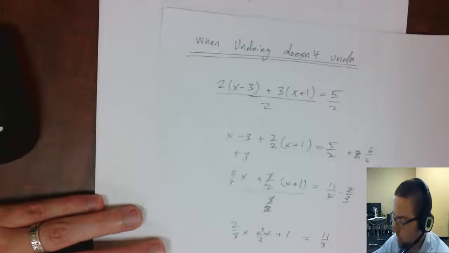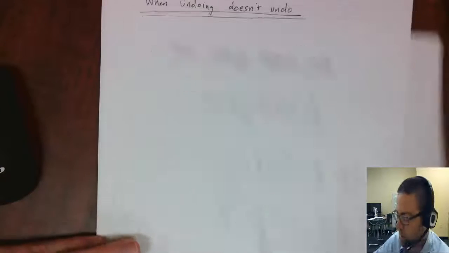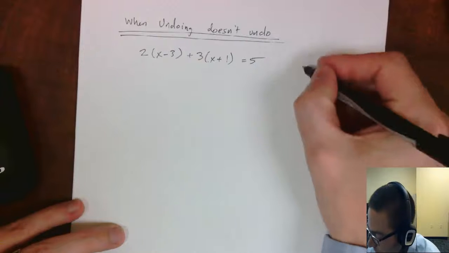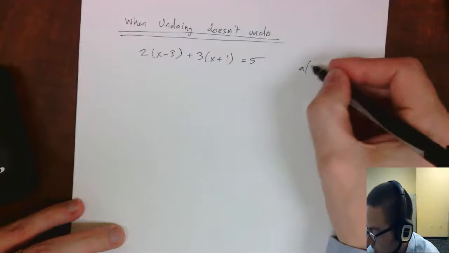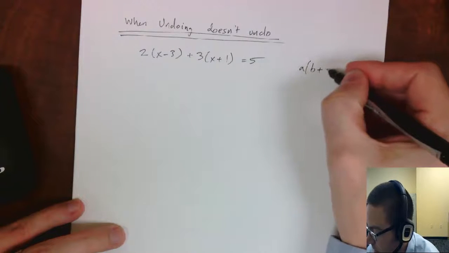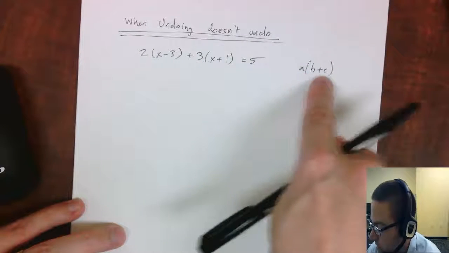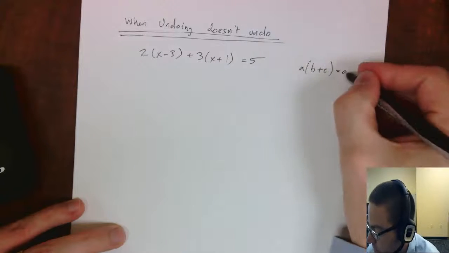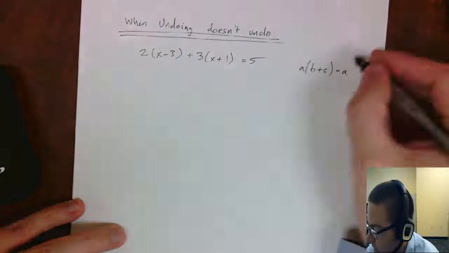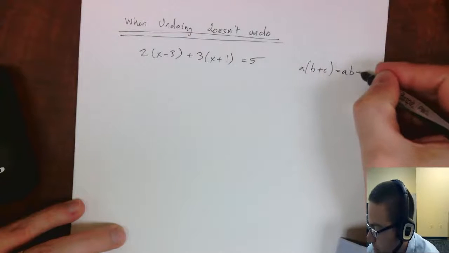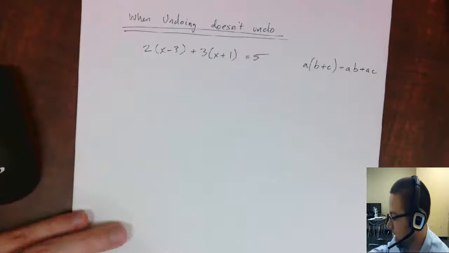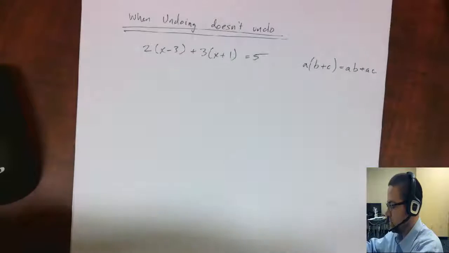Now let's do the same problem, but let's do it by using what's called the distributive property. The distributive property, all it is, is multiplication over addition. If we have something multiplied by two things added together, it's equal to the multiplication of each part, a times b plus a times c. And you can see it,